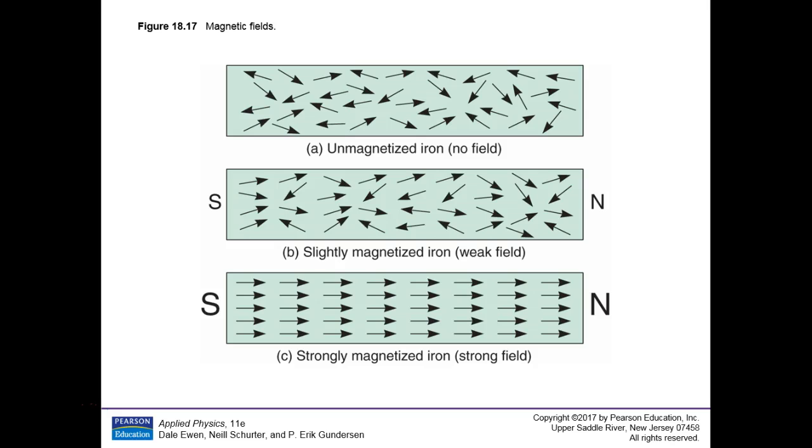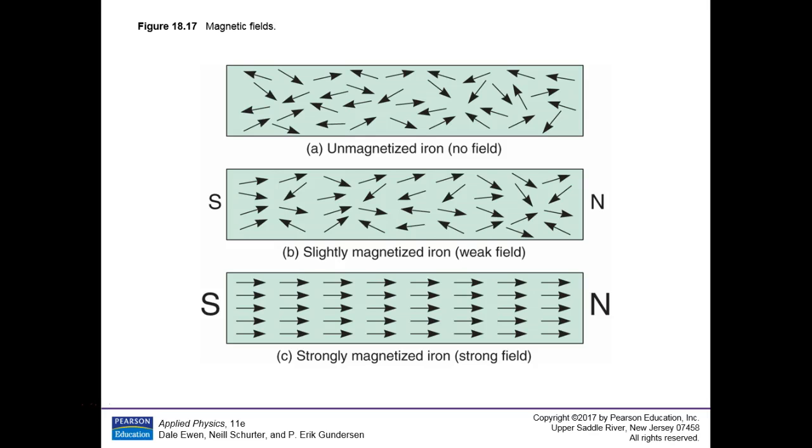These are called the domains. That term is used, the magnetic domains. Those are little groupings of atoms that line up in the same direction. Each arrow would represent one domain. When they're random, there's no magnetic field. They're not magnetized iron. But put it in a weak magnetic field and you make it into a little magnet. Put it in a strong magnetic field like a coil, and suddenly you have it.